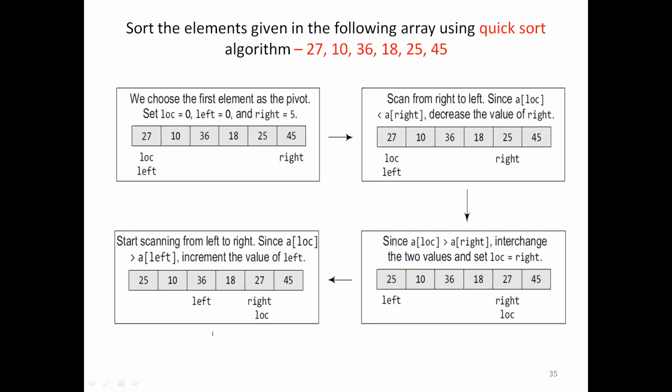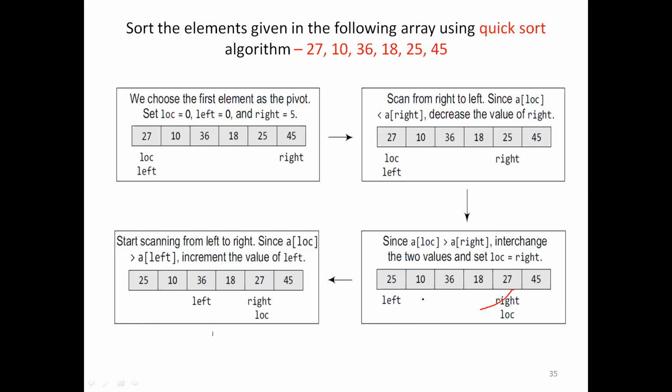So now once the 27 comes here, it means 27 is the pivot value. Then what should I do? I have to compare from left to right. When I compare from left to right, it is vice versa. If the pivot is lesser, do swapping. What I told previously: from right to left, if the pivot is greater, do swapping. From left to right, if the pivot is lesser, do swapping. That's all. Simple. Make it simple.